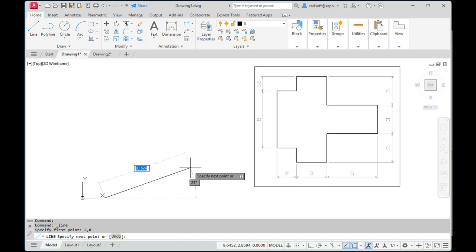And now start with the polar coordinates. So I do the @ and 3 length, the sign for angle 0 degrees, and @ again 3 angle 90 degrees. Now a 5, but starting always with the @ 5 in length, angle 0,